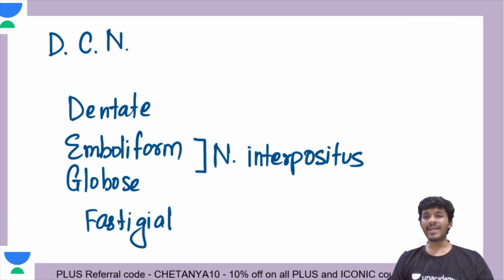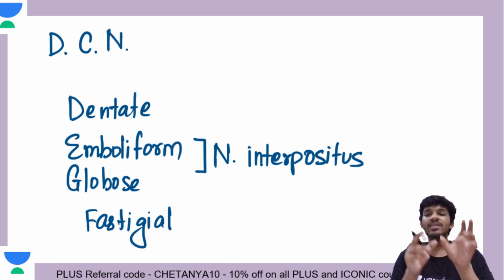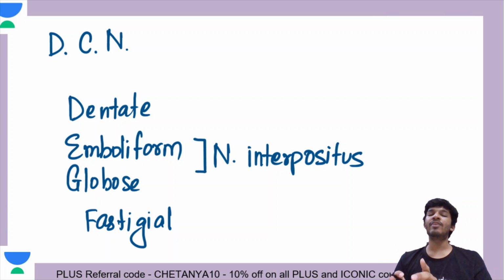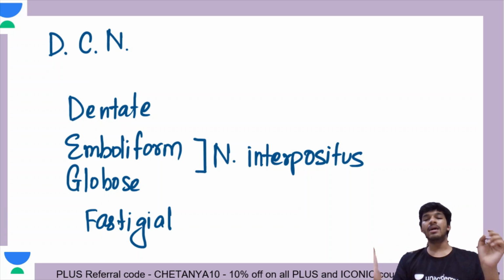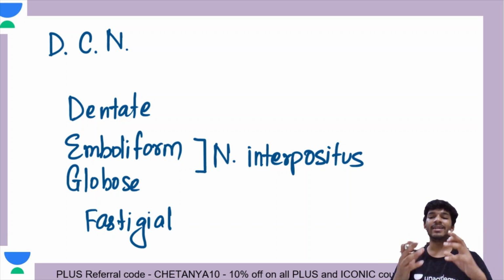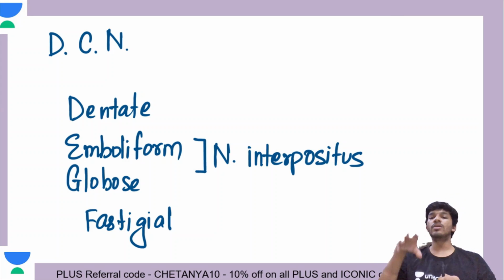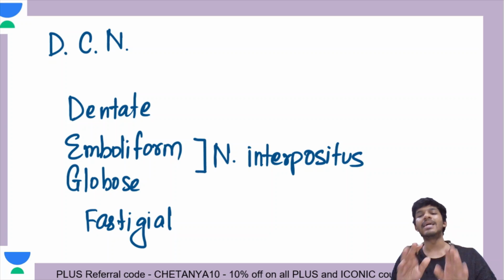I hope that helps you remember the deep cerebellar nuclei. So that is regarding the microanatomy. We have discussed my private garden, that is the three layers. We've discussed the five kinds of cells present in the cerebellum, and the two kinds of fibers, the mossy fibers and the climbing fibers. And we have discussed the deep cerebellar nuclei: don't eat greasy food, dentate, emboliform, globose, fastigial, where emboliform and globose are clubbed together to form the nucleus interpositus. So that is about the microanatomy, the structural details you need to know about the cerebellum.